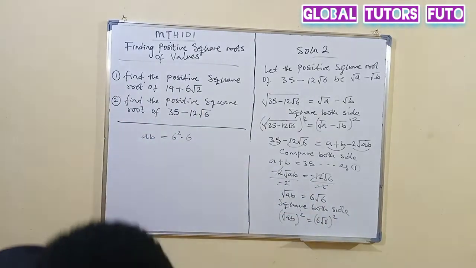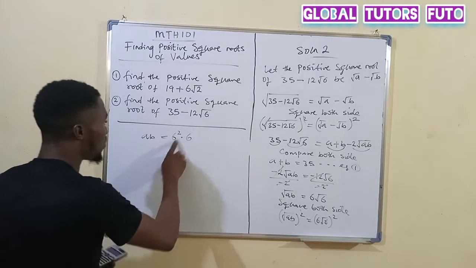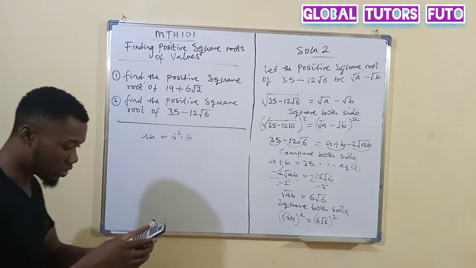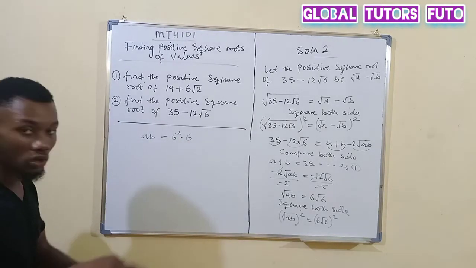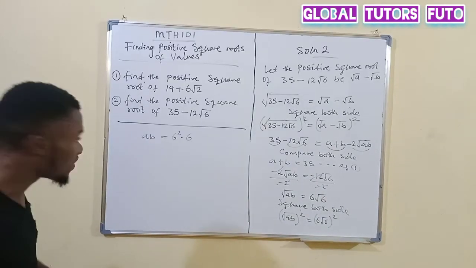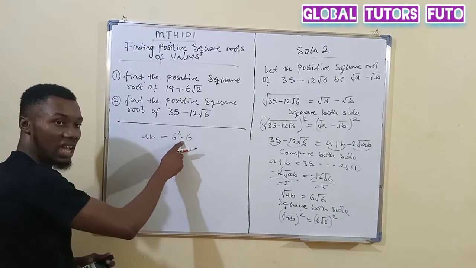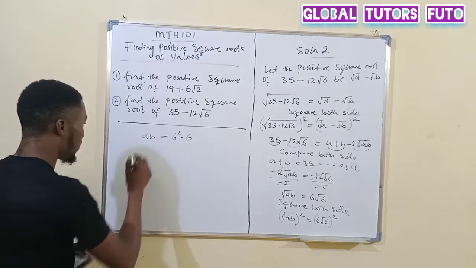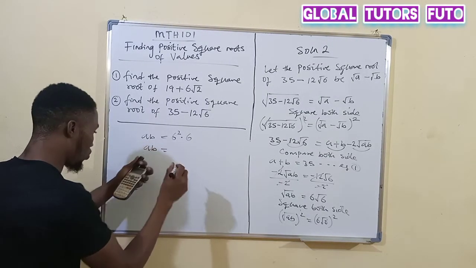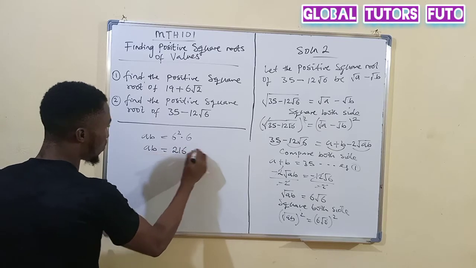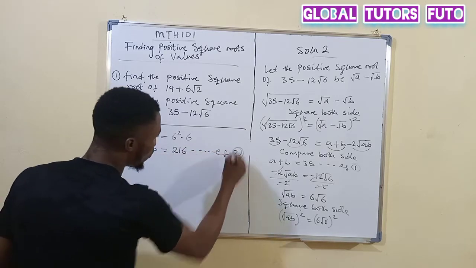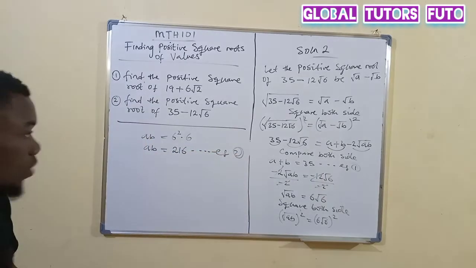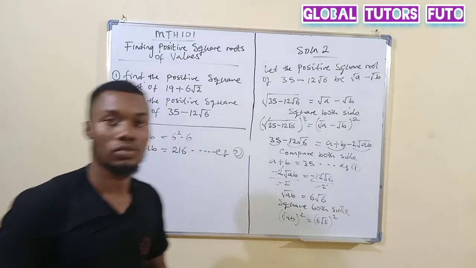6. Okay. So now at this point, what we have is 6 squared times 6. That is 6 raised to power what? 3. So 6 raised to power 3 will give us what? 216. This is 6 raised to power 2 times 6. That is 6 raised to power 3 according to the rules of what? Indices. So we have that A plus B is equal to 216. So you can call this equation what? 2. So at this point now we have equation 1 and equation 2.